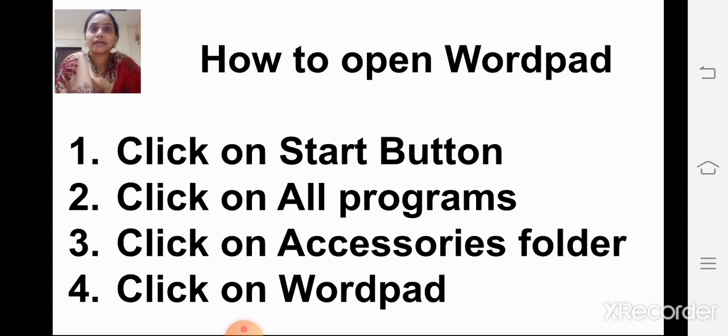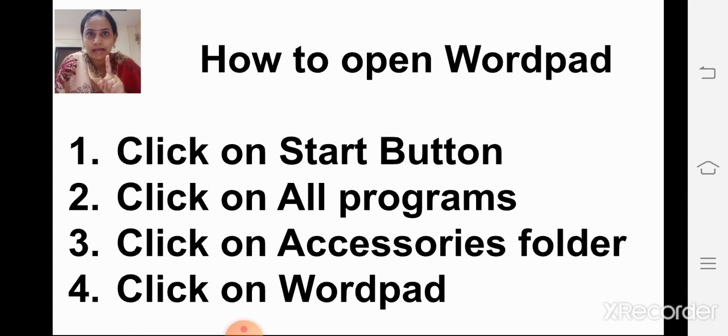After that, click on accessories folder. In accessories folder, there is a WordPad. Okay children, see the same steps how we open Notepad. Same way we will open the WordPad.